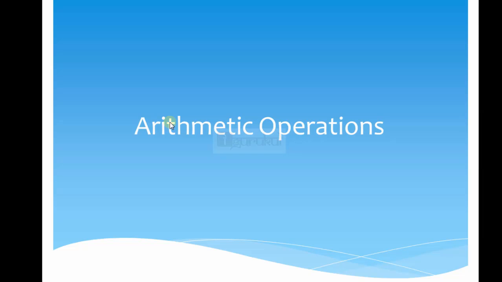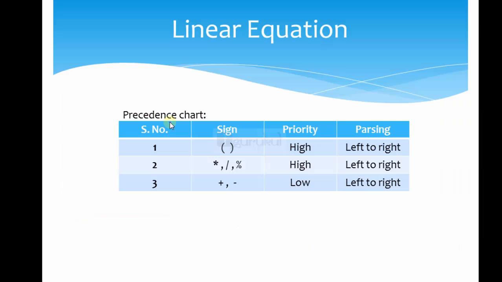So first of all, let's move on and check the priorities of our operators. As I have told you, brackets will be solved first. So brackets over here has got the highest priority. Then afterwards, if you are having a multiplication sign, division sign or a mod operator, it will be solved then. Then our addition and subtraction has got the lowest priority.